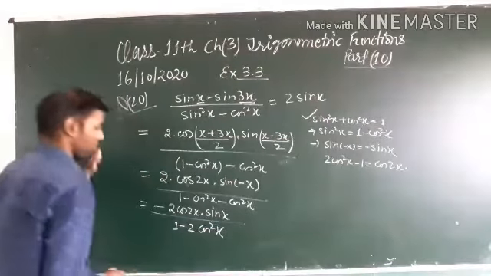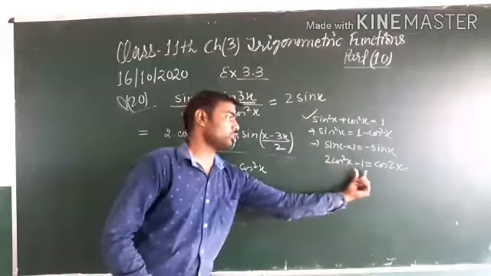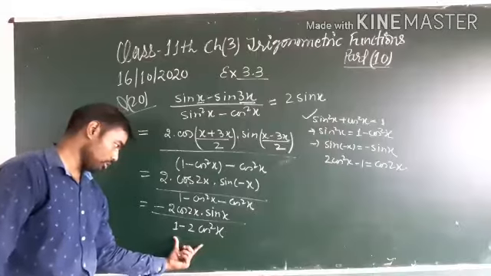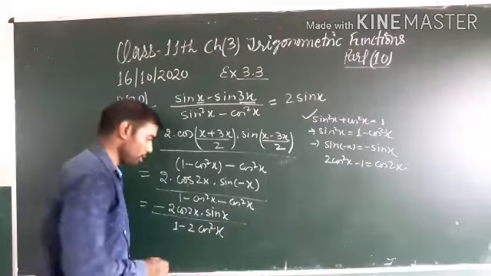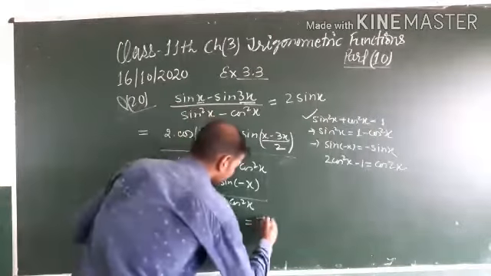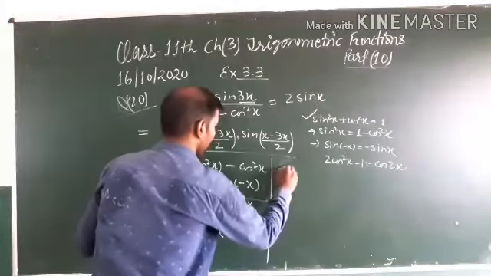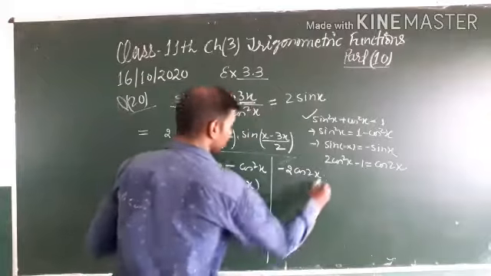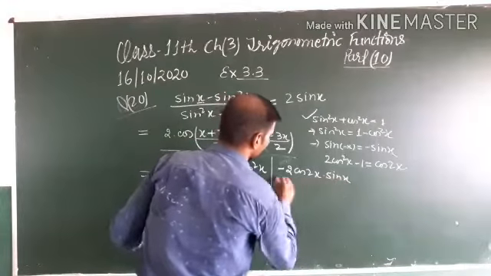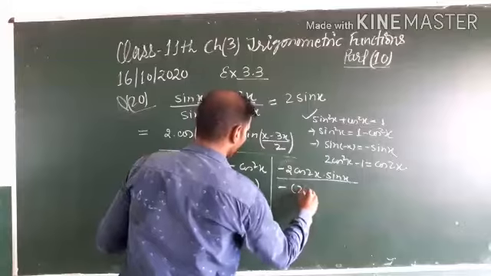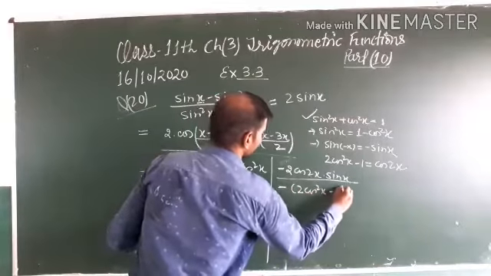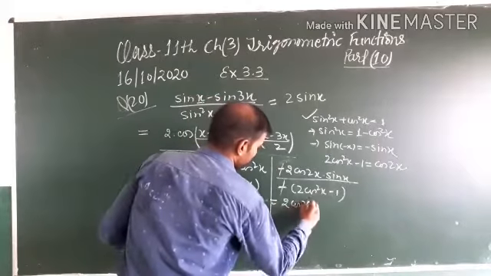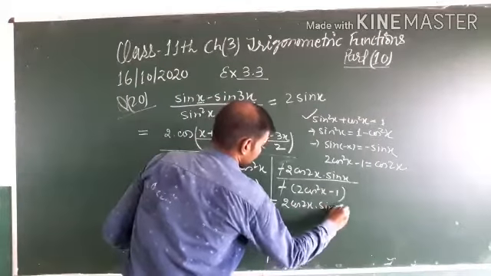Here 2 cos square x minus 1 and here 1 minus 2 cos square x. It means we take minus as a common. So we write it as minus 2 cos 2x into sin x upon minus (2 cos square x minus 1). Here the minus cancels out. We write 2 cos 2x into sin x upon